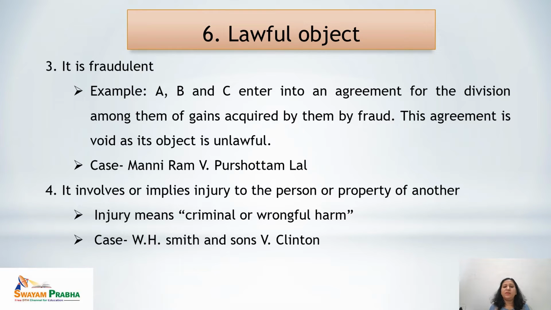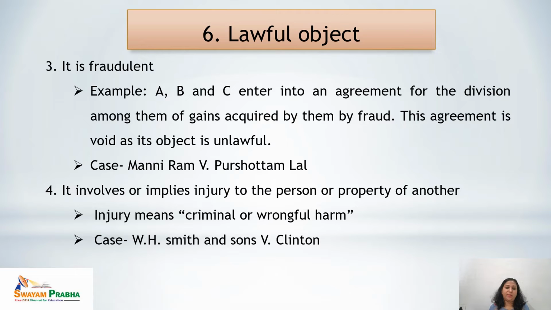Here it is pre-known that the objective of A was to cheat, to defraud the railway company. So the objective of committing fraud is always unlawful. That means in this case the court held that the agreement made between A and B was